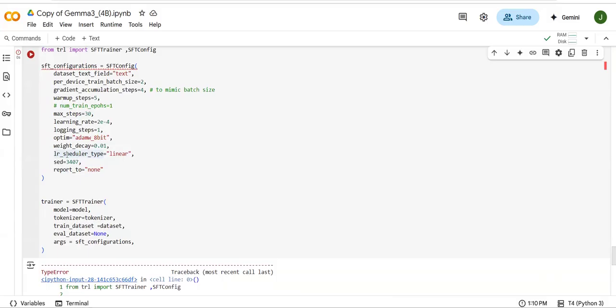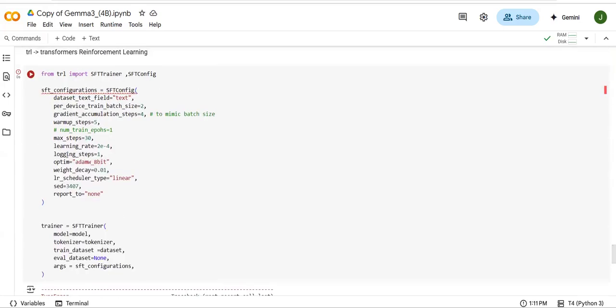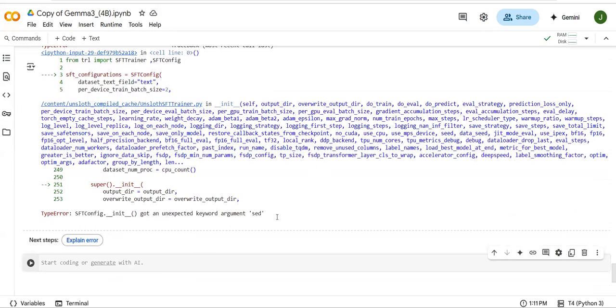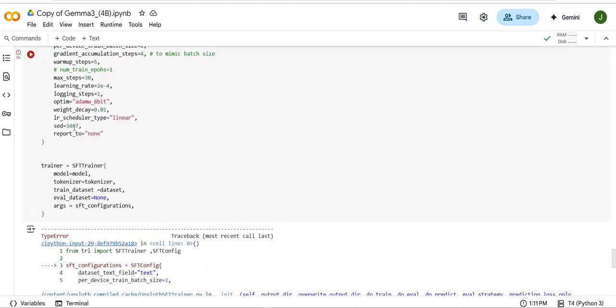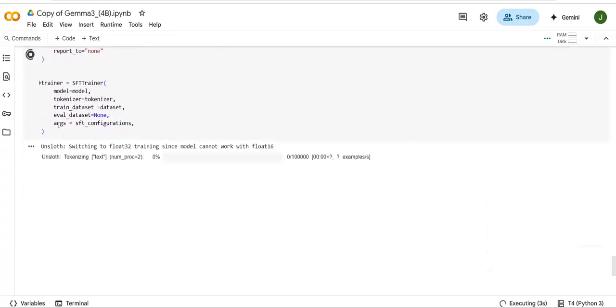It's a spelling mistake. SCHEDULER. Now SED is an unexpected parameter. Okay, SEED, it's not SED. Yeah, now the trainer is getting created